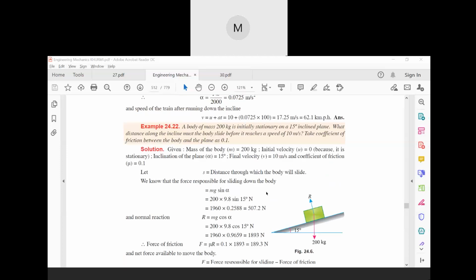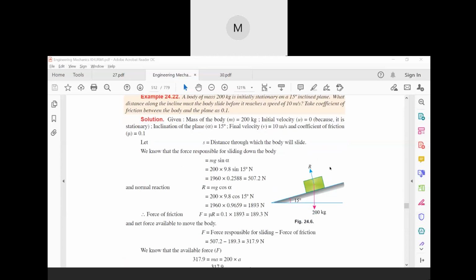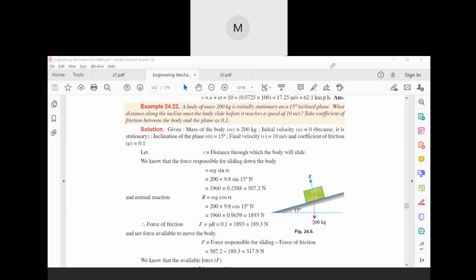First of all, you have to find out what you are given. You are given the mass m, so this is 200 kg. Now it is given initially stationary. Initially stationary means u is equal to 0. If u is equal to 0, then what happens is that